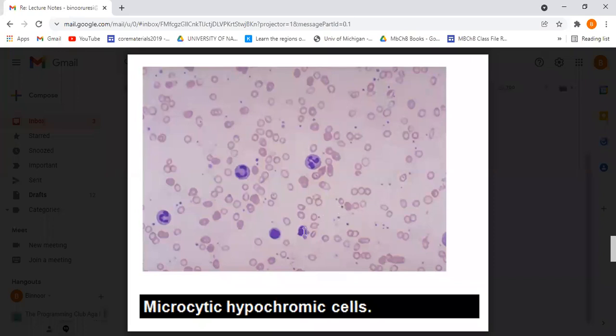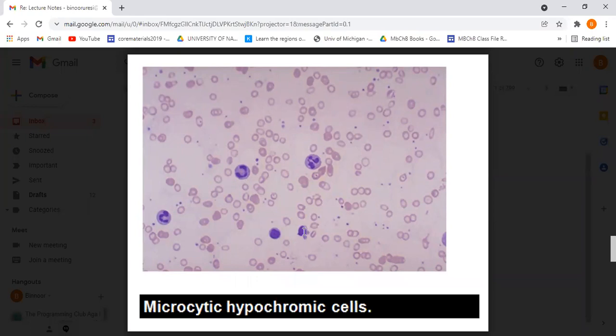That's a lymphocyte. There are two of them. Those are lymphocytes. So that's what we use to measure morphologically the size of our red cell. So you can see the red cells are smaller than the lymphocyte. In addition, there's also no hemoglobin. So that is why they are microcytic hypochromic